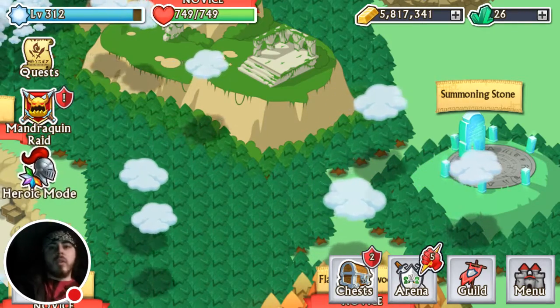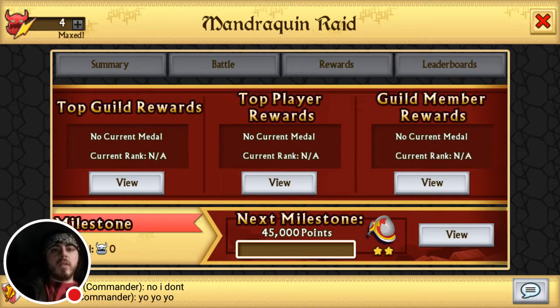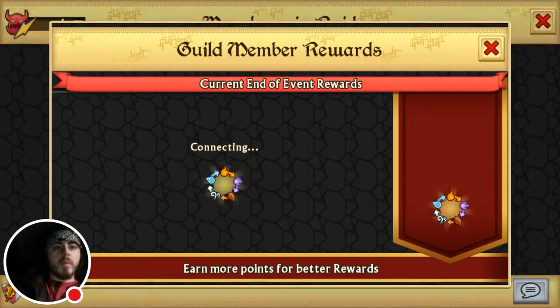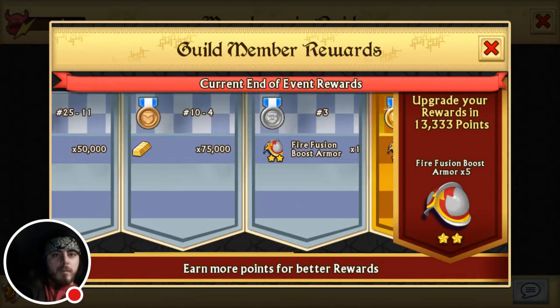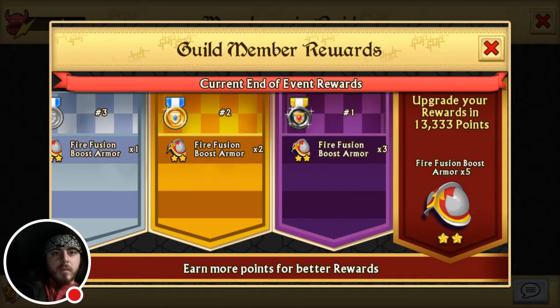Like, if you go to, let's just click on the raids, view rewards, and then let's say you can view your milestones. Like, this is for your own personal points that you can get. But if you go to guild member rewards, where is it? Does it say where I am? It's not showing me. But anyways,